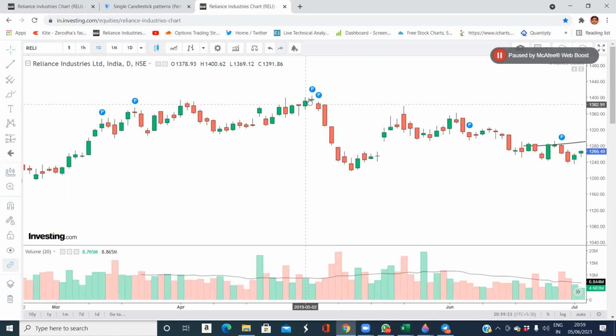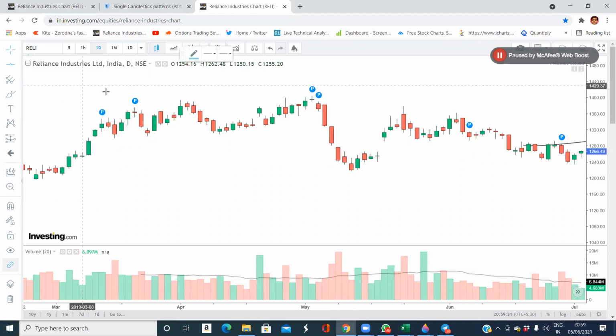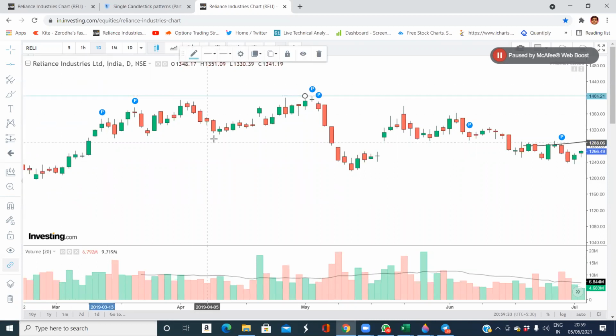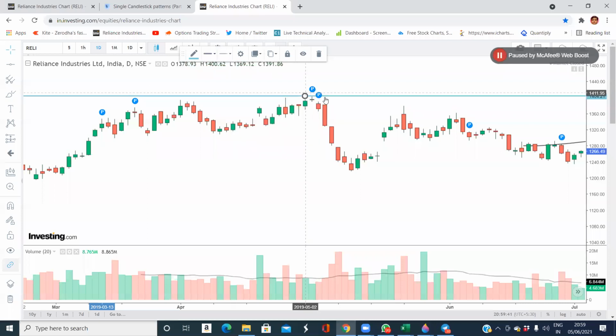Like here, it was a doji, indecision. Absolutely, it's a gravestone. If any doji occurs at the resistance, consider this as a resistance line, then it is called one of the reversal patterns. Here the bulls want to pull the stock up, the bears put it back again. And then the reversal started.